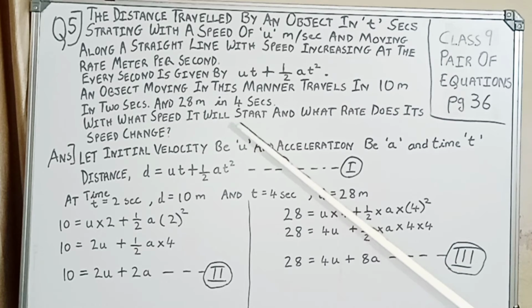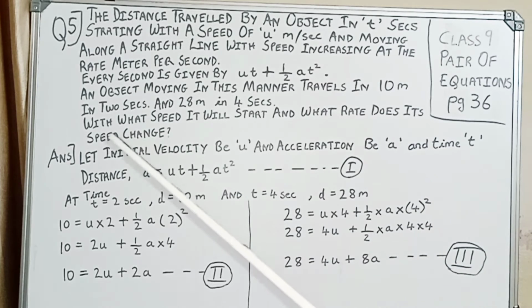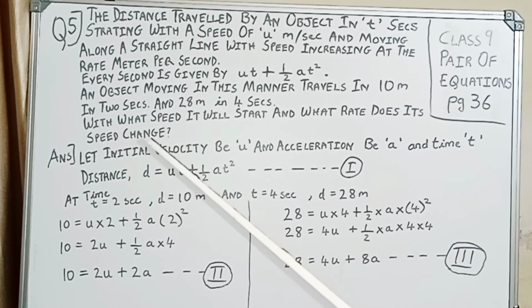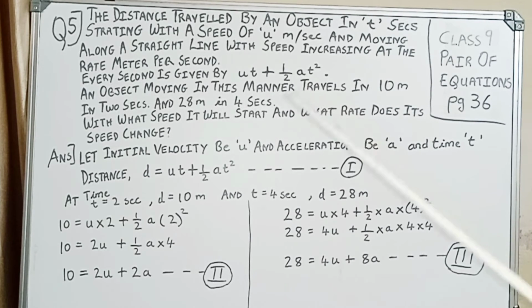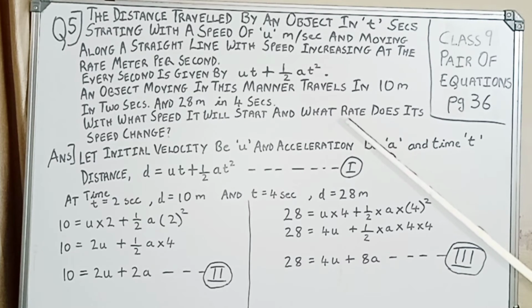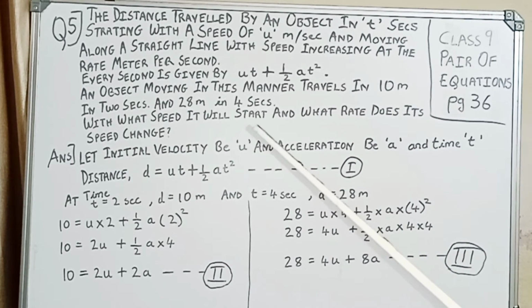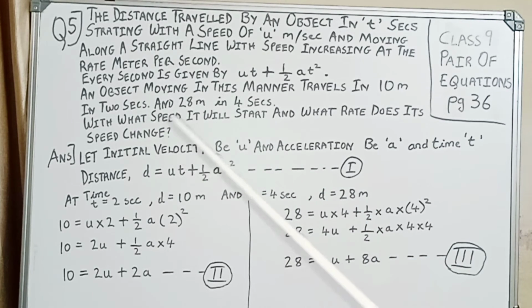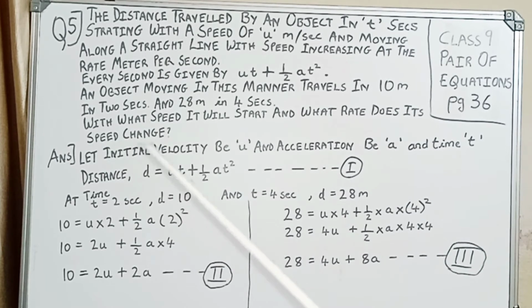So we have to find out two parameters. Firstly, what we need to find out in this question is u, the initial velocity, and the rate at which the speed changes, which is given by this term a. a is equal to speed divided by time. Rate is always given by the time equation, so speed divided by time is acceleration itself. So the two parameters you need to find are the initial speed u and the acceleration.